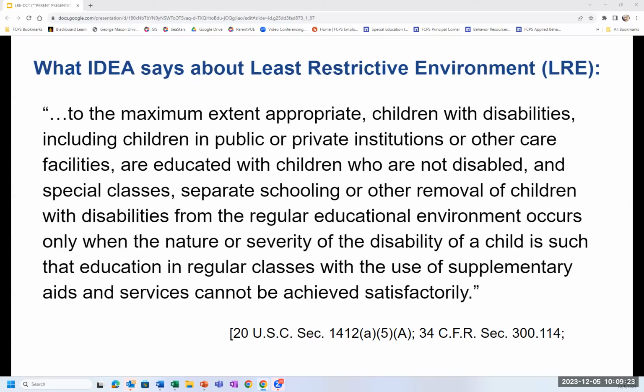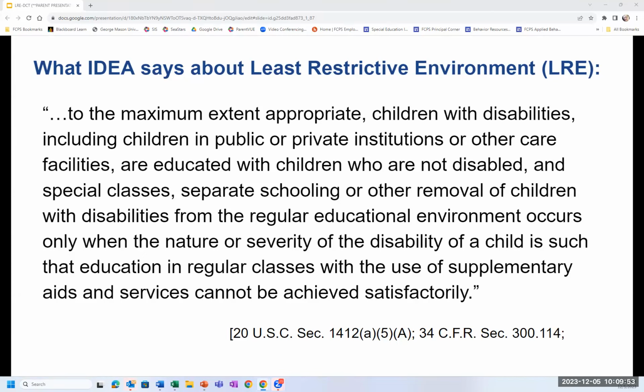So the word environment in least restrictive environment can be interpreted to imply that LRE is a place or a location. In fact, LRE does not merely refer to a particular setting. Rather, identifying the LRE involves making program decisions about what services and supports a student needs to be successful and where and how those services and supports can be provided effectively.